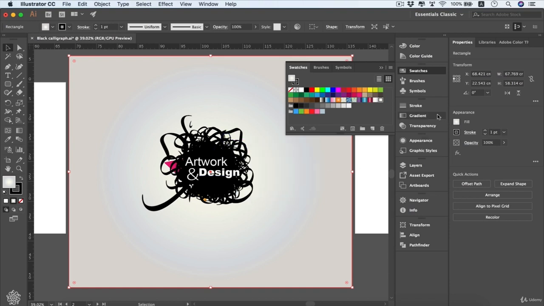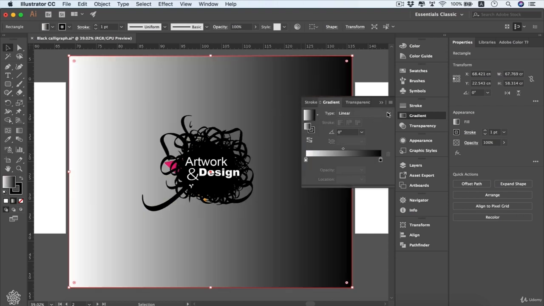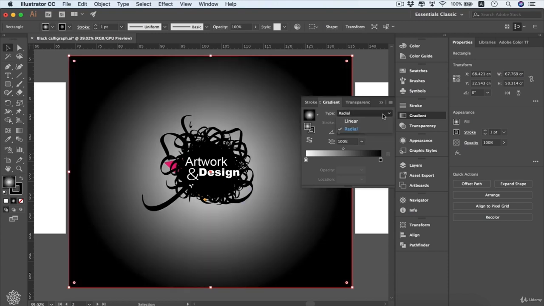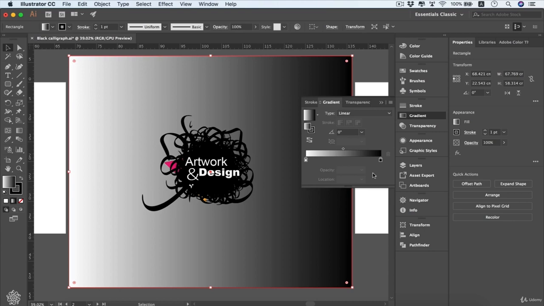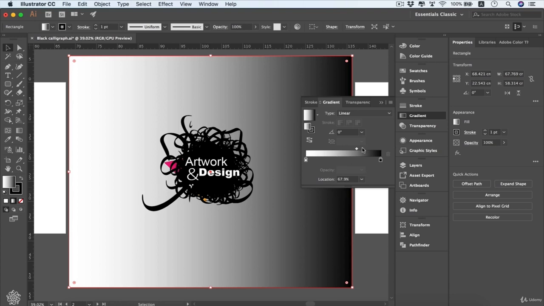So now let's go to our gradient panel in here, and let's see how we can customize our gradient. Let me switch back to our default gradient, white and black. So we've got two types of gradient: linear and radial gradient. Radial will be like that, and linear will be as it was. And here we've got our colors, black in here and white, and we can be dragging that slider to mix more black or even more white, and you will be seeing our slider's location